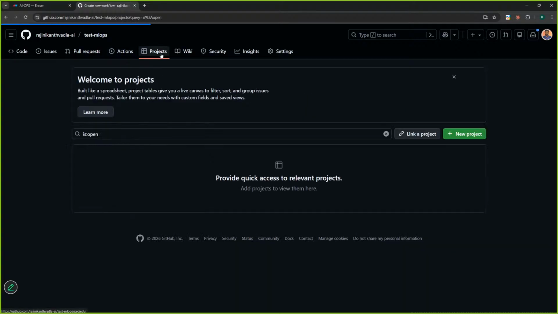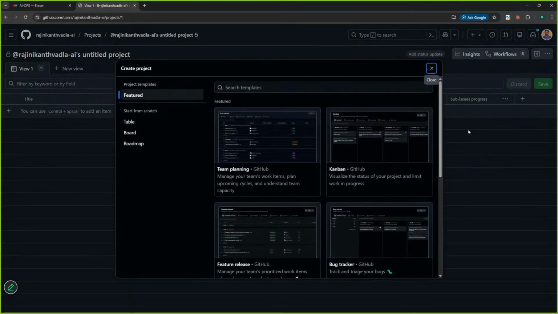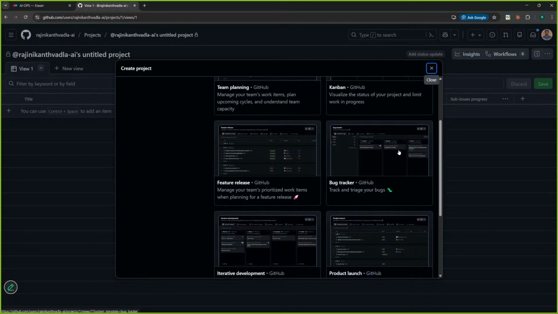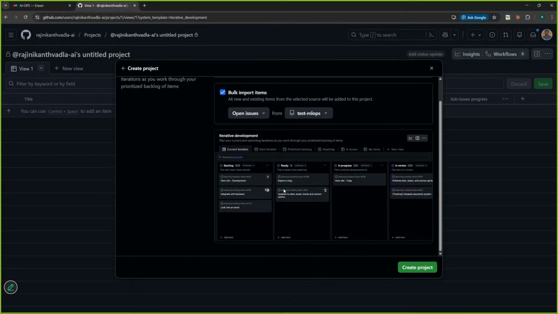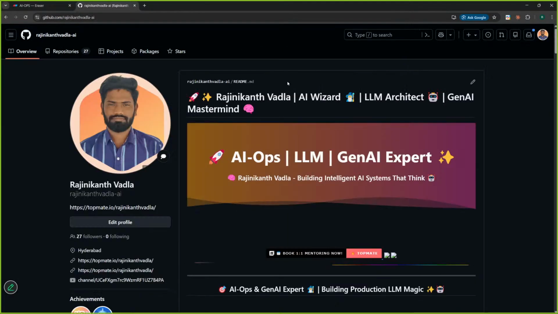And coming to projects, it's up to you. You can create a project here and use it like your classic Jira board, similar to a Jira or Trello board, for project management. If you click on this, it will give you something like this. You can open issues, assign them, and developers can comment. So GitHub gives these many features. It's up to you if you use them, and you will be charged on your GitHub Enterprise account. And if I come back again,